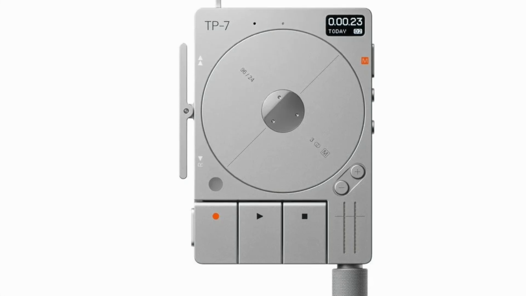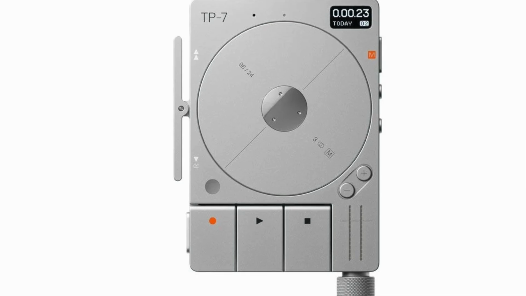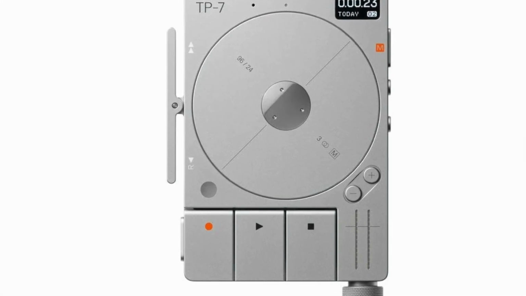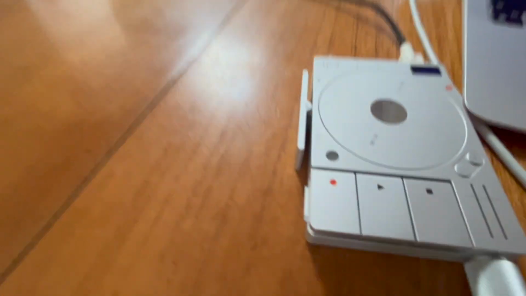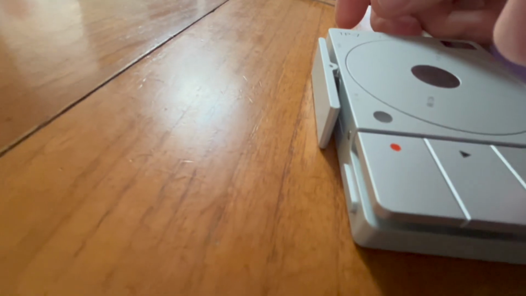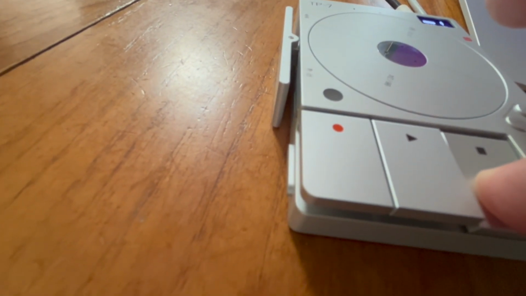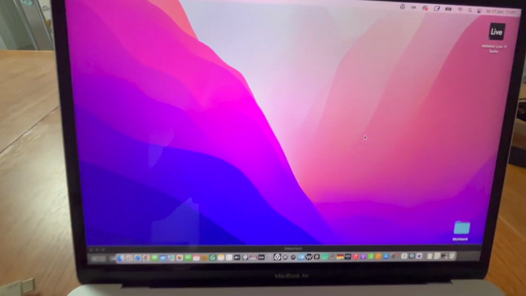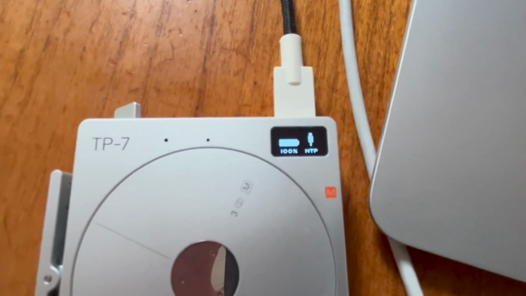Okay, so the Teenage Engineering TP-7 communicates with computers through the media transfer protocol. Normally, you launch the media transfer protocol by holding the stop button while powering the TP-7 up connected to a computer. However, while using a Mac, the OS doesn't natively support media transfer protocol, so you had to use the FieldKit